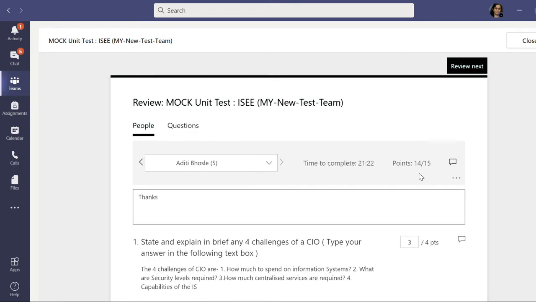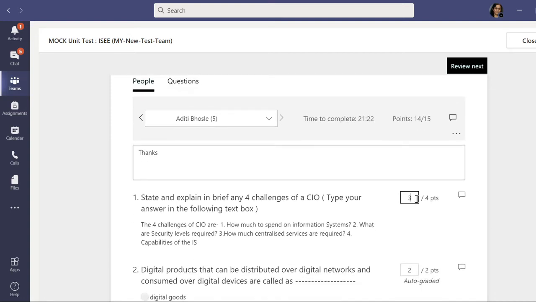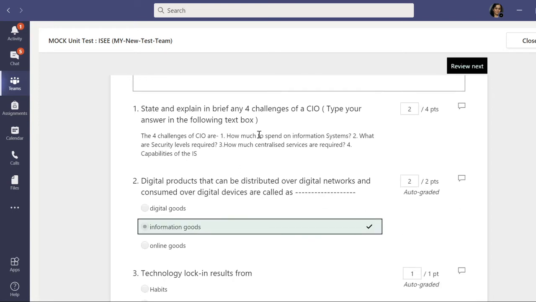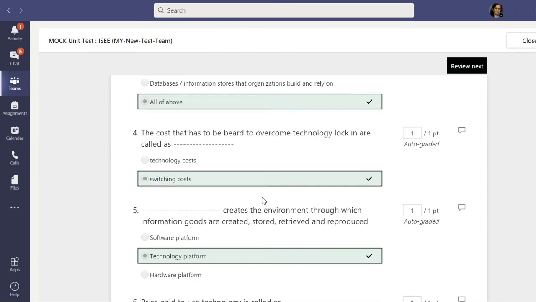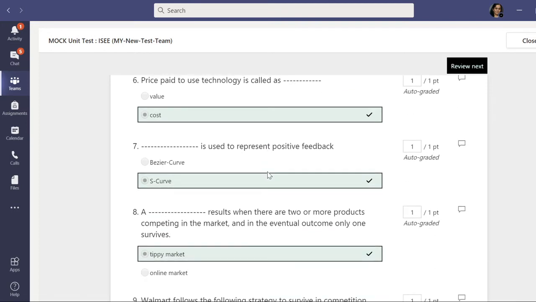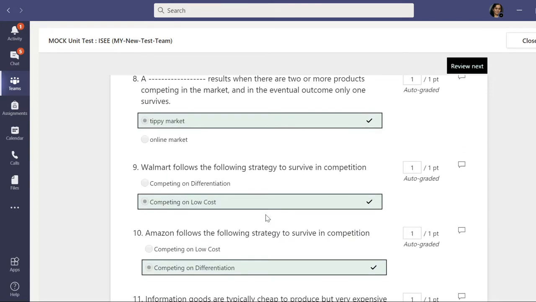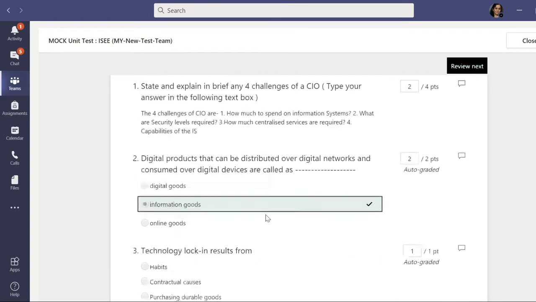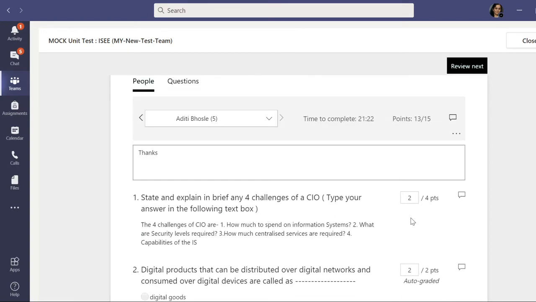So just see now the points have increased like 14. So suppose I give her only 2 points, so the overall marks she is getting is 13. So only the first question for testing I have kept as subjective, and the rest of the questions I have kept objective, just MCQs. Students need to just click the answer. So you can blend as per your requirement. It is just a sample test. I hope it is